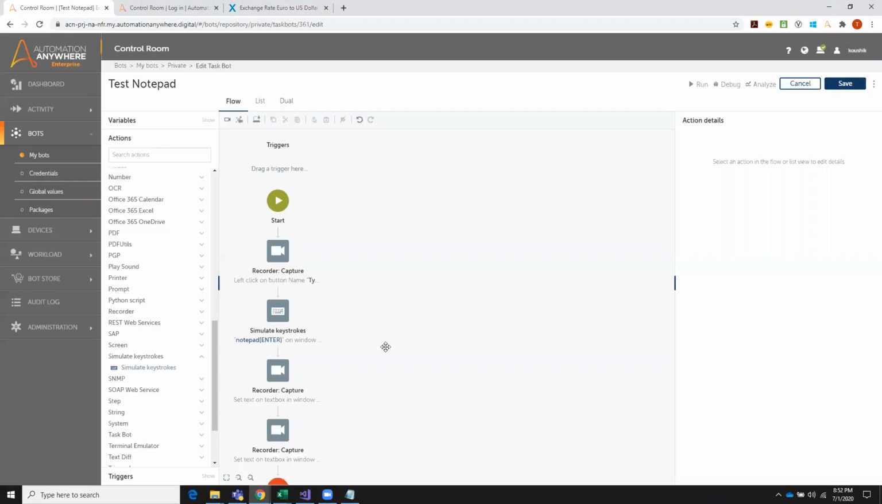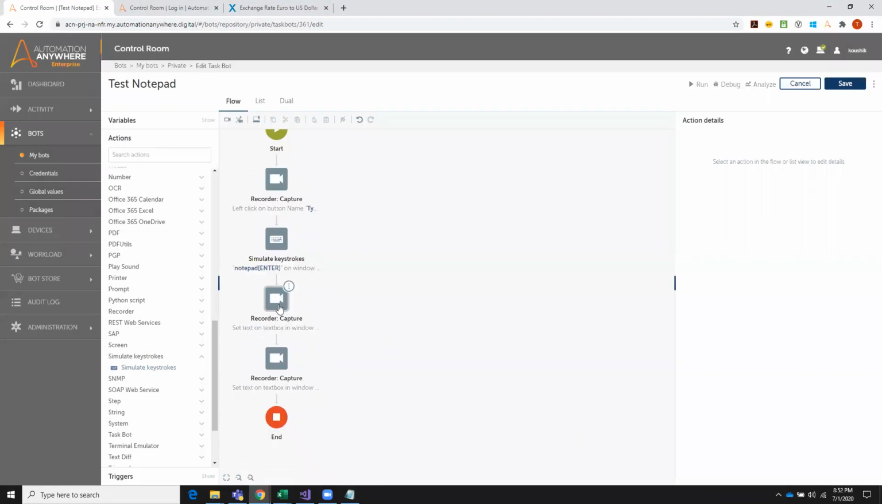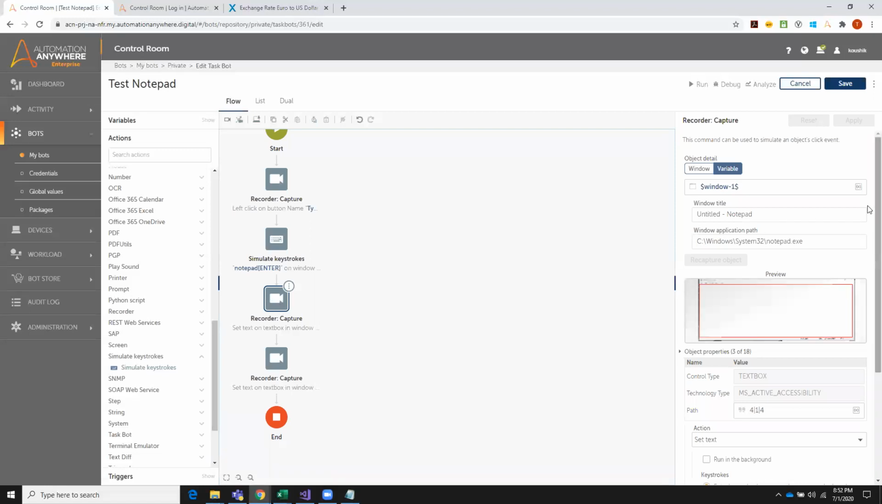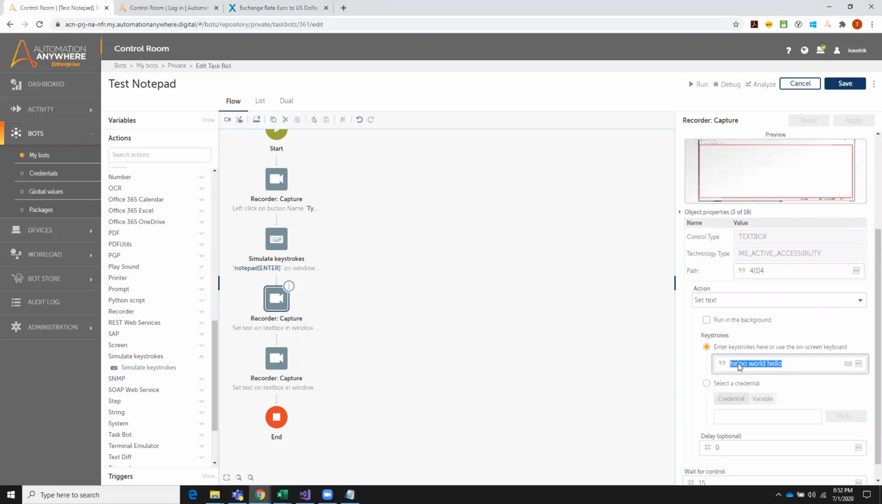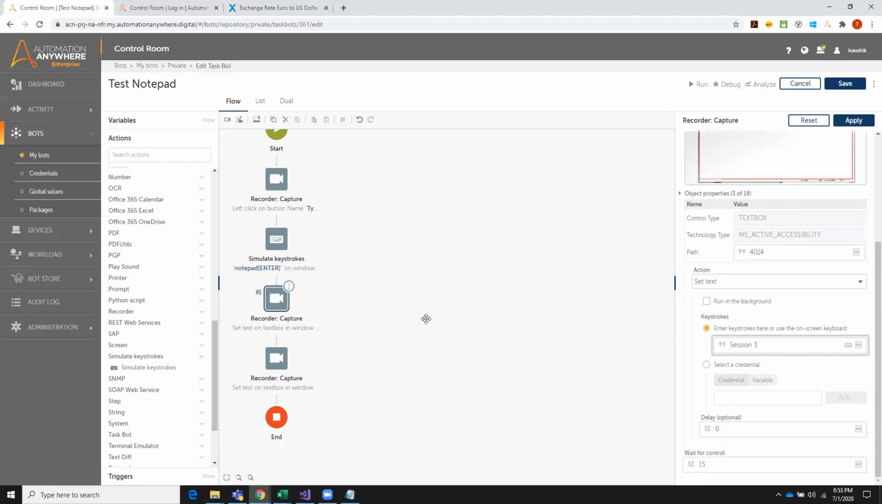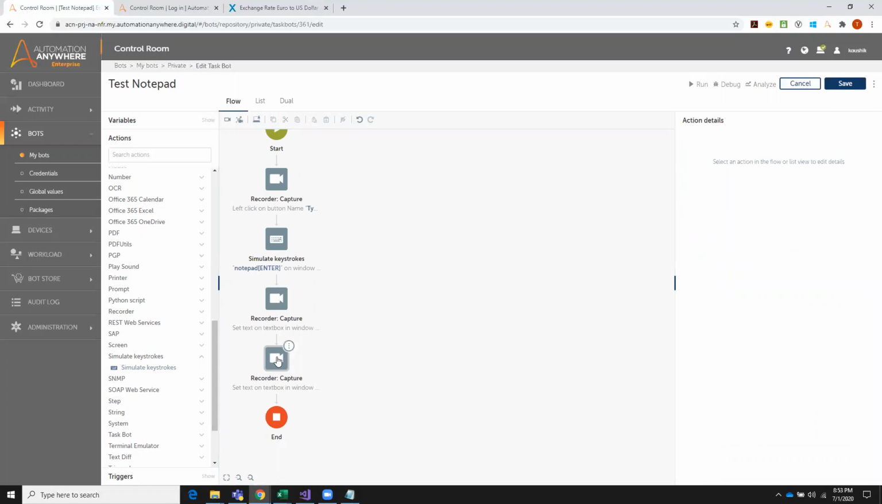Okay. So set text on Notepad. Suppose now I want to type something else. Say I type session 3. This is the first line. Okay. So I apply this, and then over here